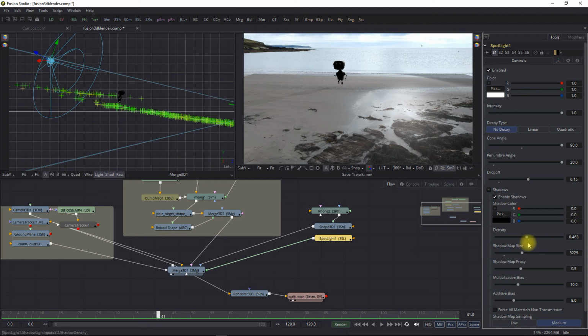And you can see the effect that will have on the shadow, making it darker and more dense. The shadow map size is how much detail we'll get in it. So we could have a very simple shadow map, or we can have more detail in it. So I'm going to save this,